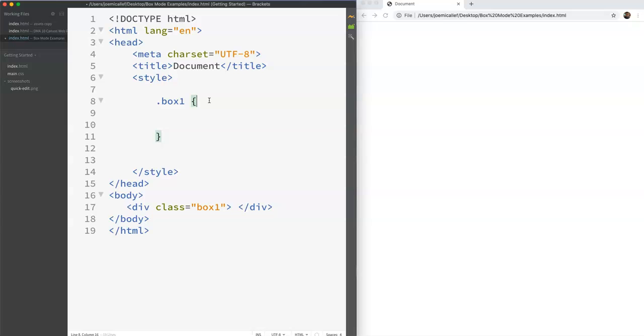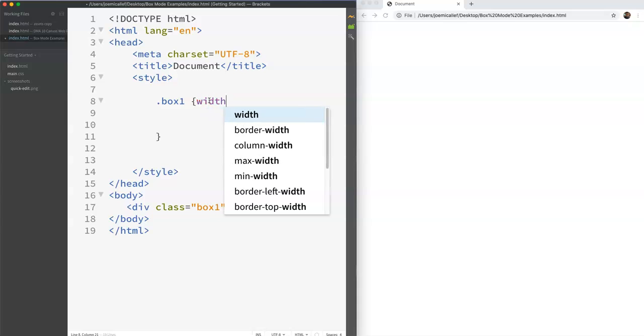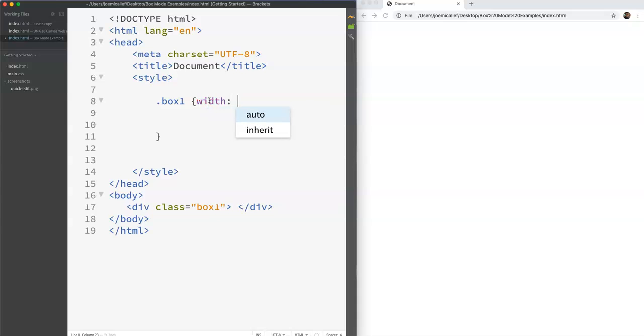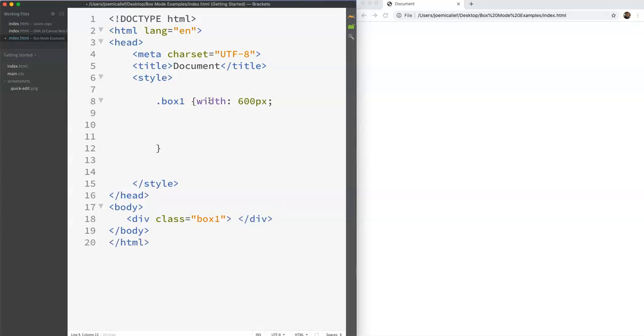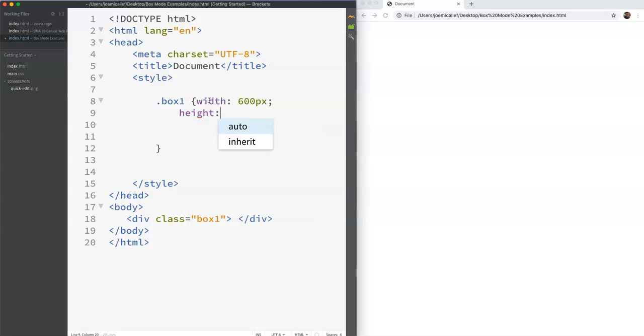So the first properties that are necessary are width. So I'm going to give this a width, and let's say I give it a width of 600 pixels and end that with a semicolon. Give this then a height. I will give it a height of